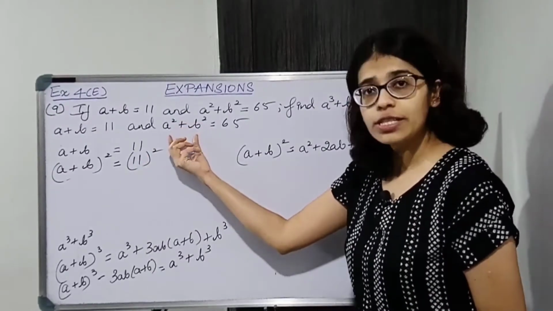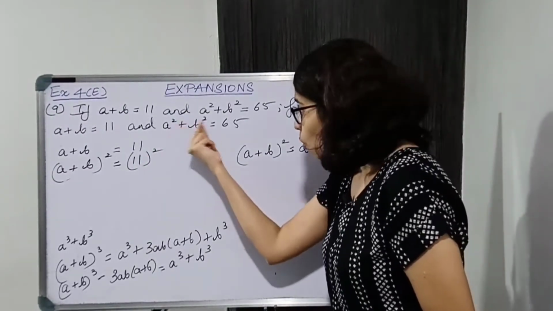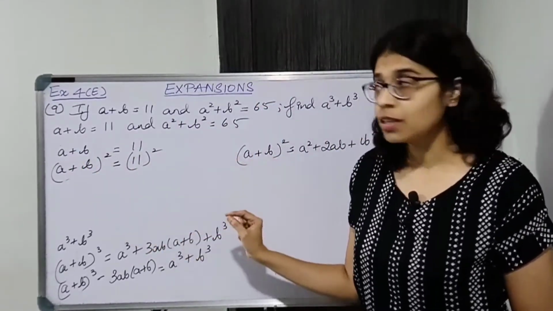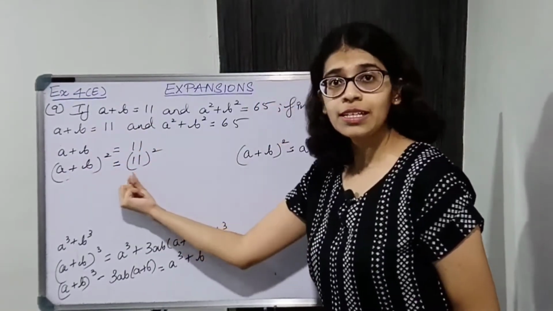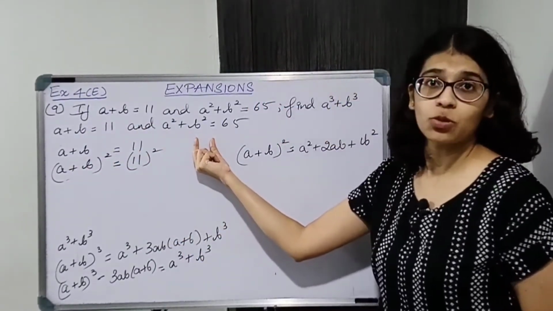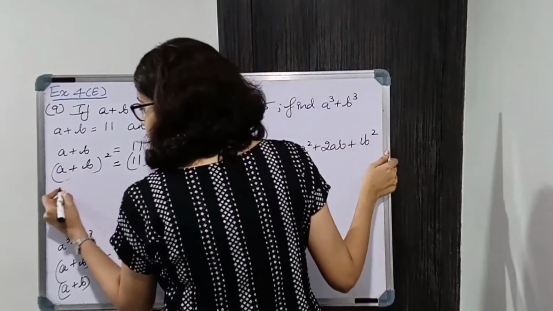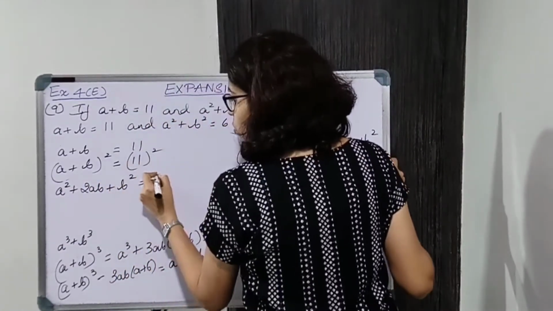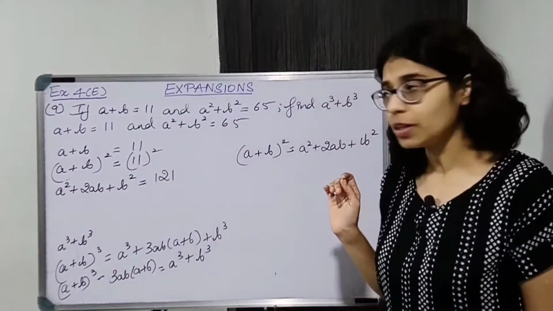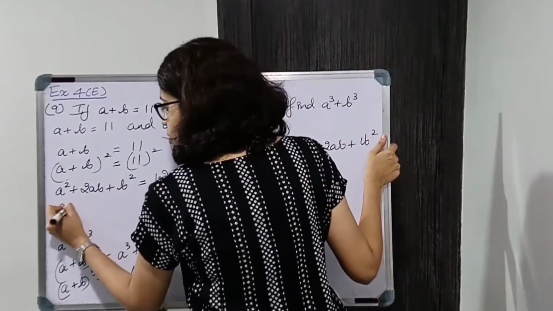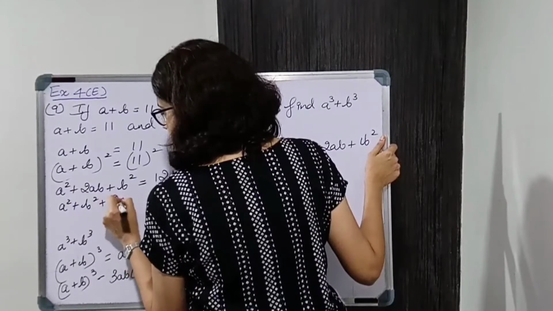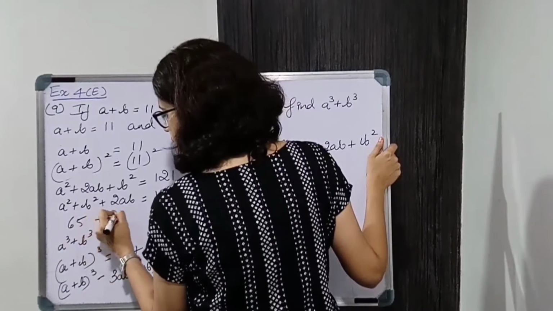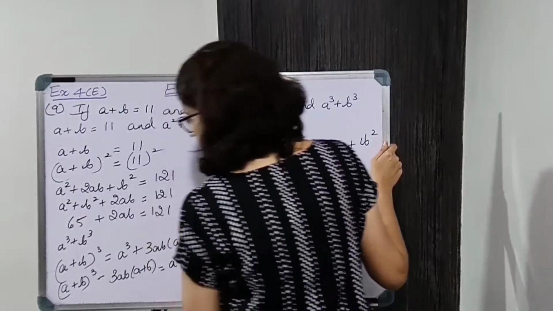Okay, so this is not given just like that. This is given so that you can understand कि square करना है on both the sides. Okay, so write down the given square on both the sides, and now we will substitute the value of a square plus b square. Okay, so a plus b the whole square is a square plus 2ab plus b square. 11 का square is 121. Okay, a square plus b square, group them, plus 2ab is equal to 121. a square plus b square is 65 plus 2ab is equal to 121.